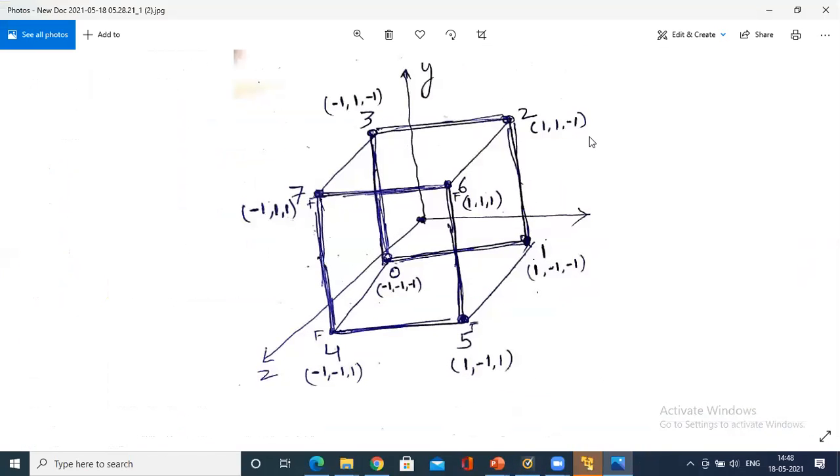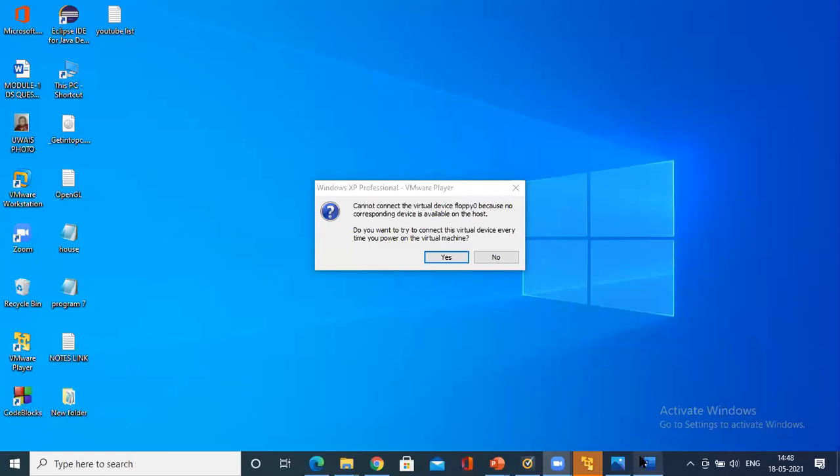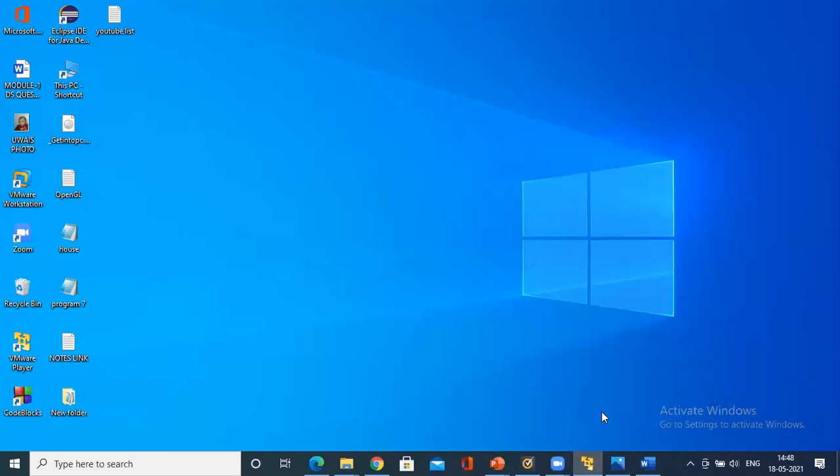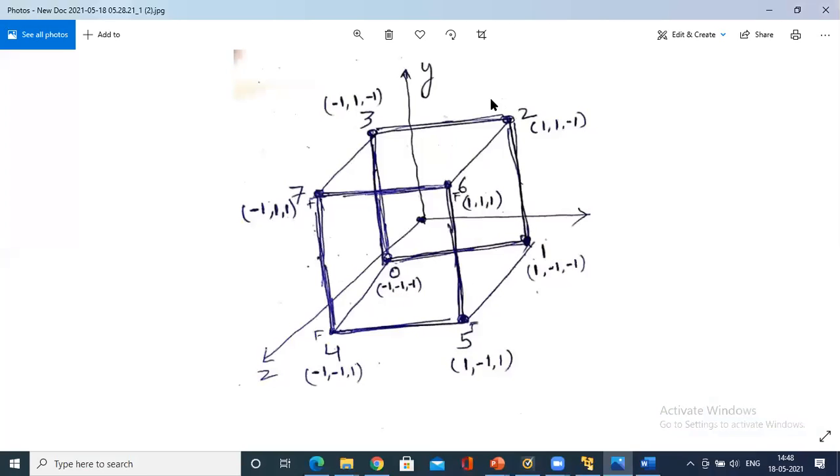Hope the screen is visible to all of you. This is the structure of a cube, as I explained once in one of the offline classes, so maybe at that time you didn't have the concept. Hope all are able to hear the session.